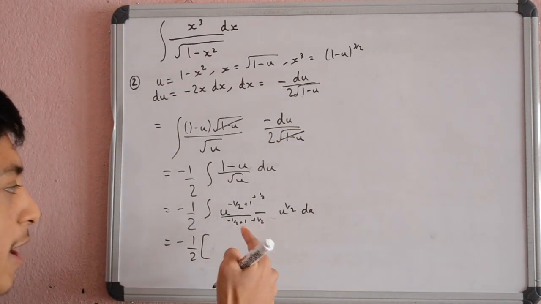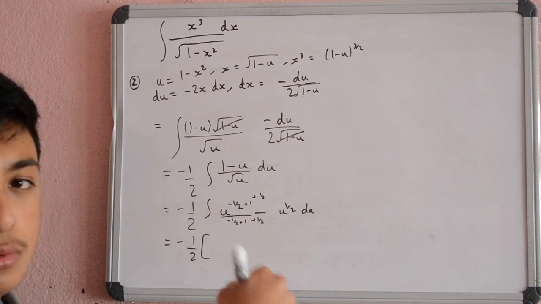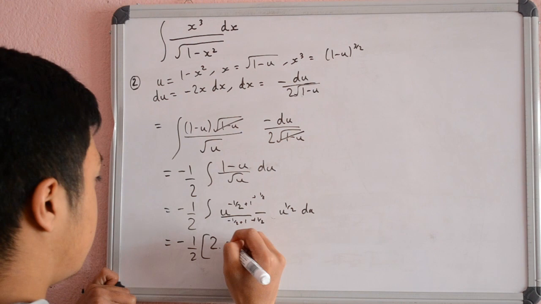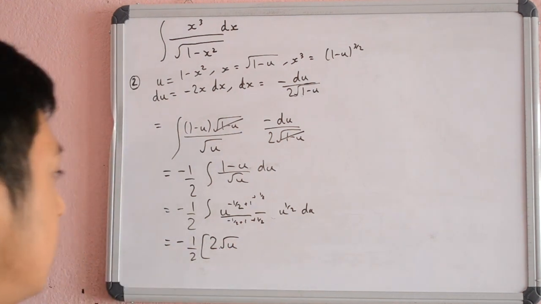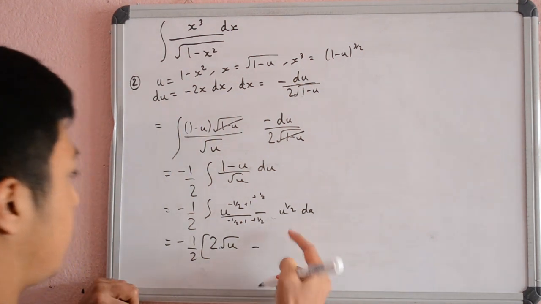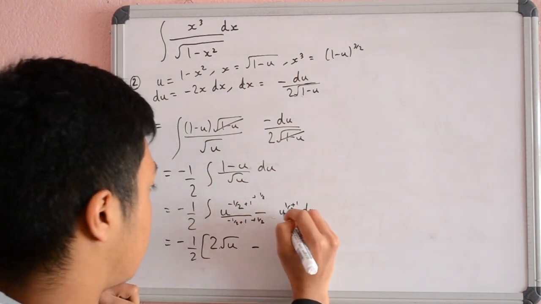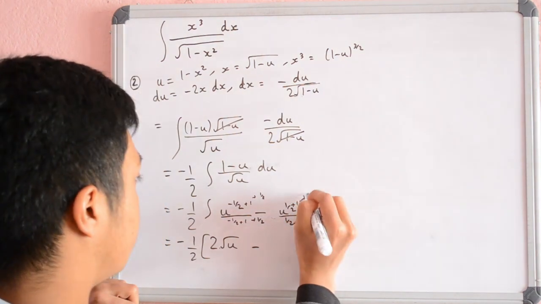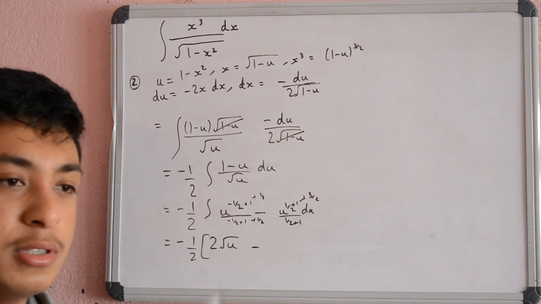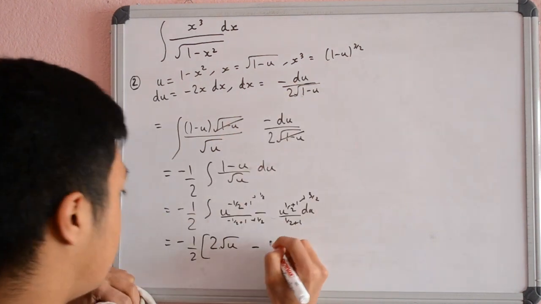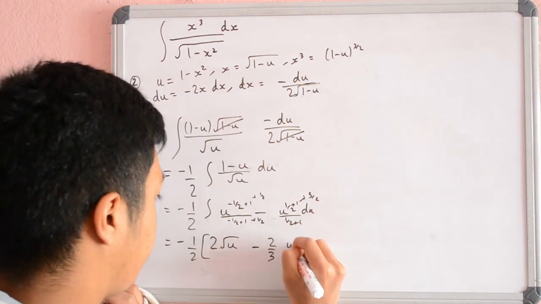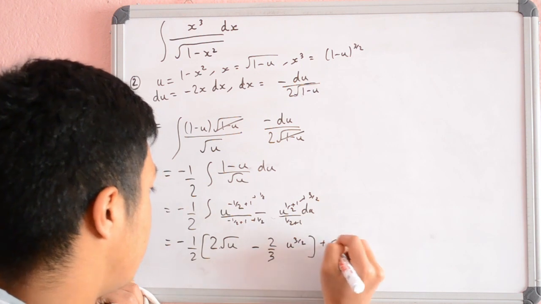And this will just be 1/2, this will also be 1/2. And this 1 by 2 in the denominator will just become 2 on the numerator, and this will just be root u, right? u to the power half is just square root of u, minus u to the power 1 by 2, so just plus 1, 1 by 2 plus 1, this will be 3 by 2, and again this will be 3 by 2, but 1 by 3 by 2, just switch the 3 by 2, it will be just 2 by 3, and u to the power 3 by 2, so yeah, plus c,